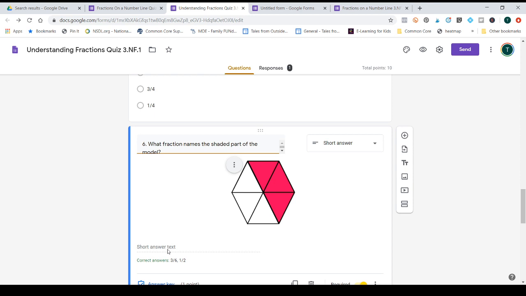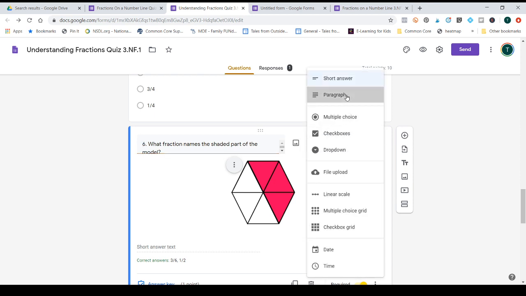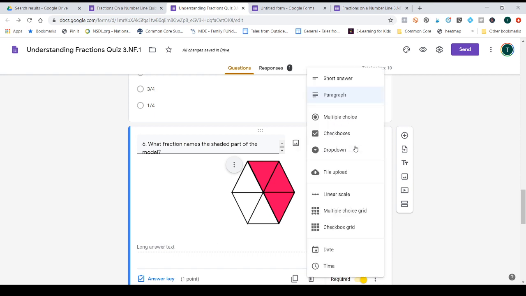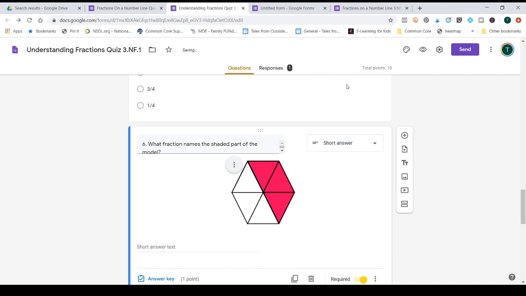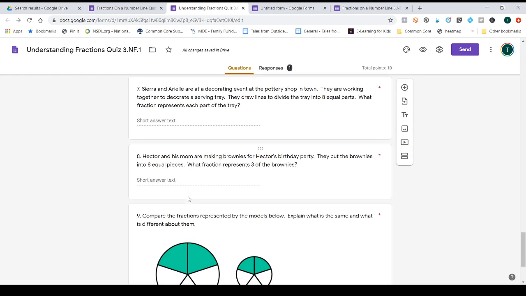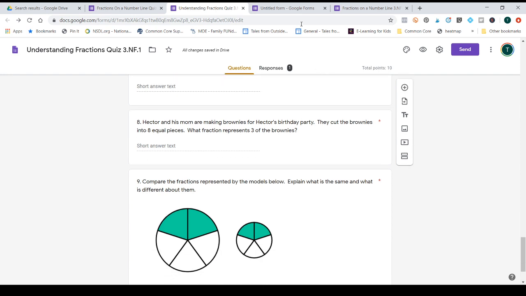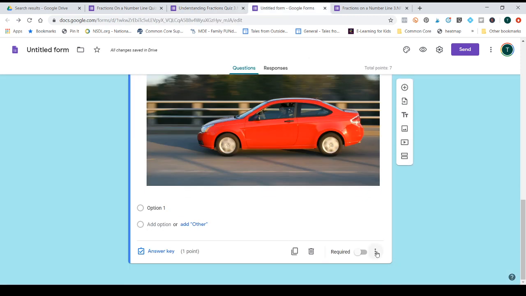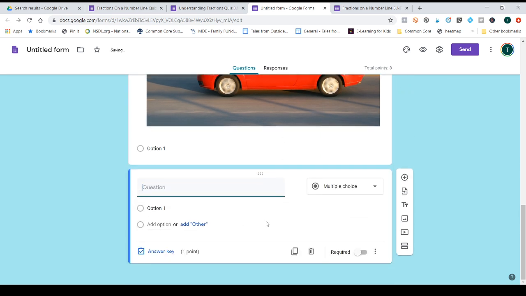Short answer just basically means it is open-ended. I can also change it to paragraph, which means there is more space. The box moves with the responses, things like that. I keep most of mine short answer because that is enough space and it doesn't overwhelm students, making them think they have to type a whole lot. So moving back to this one, I'm going to go to a new question type again,